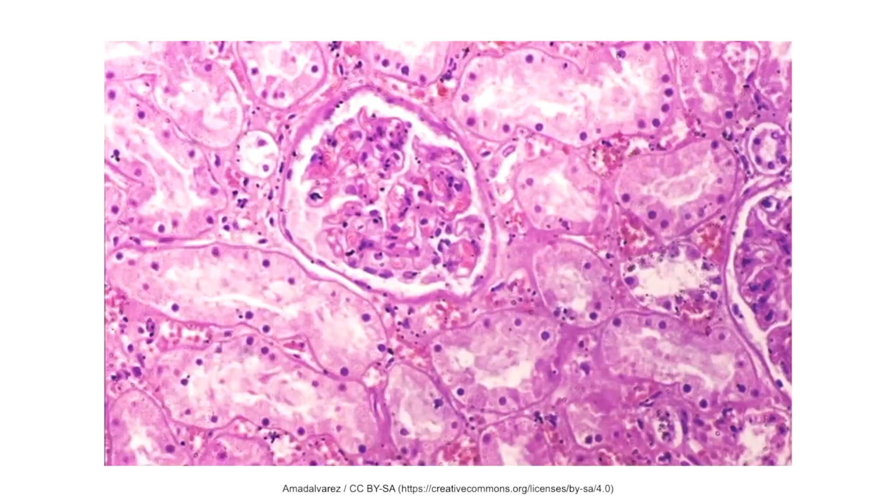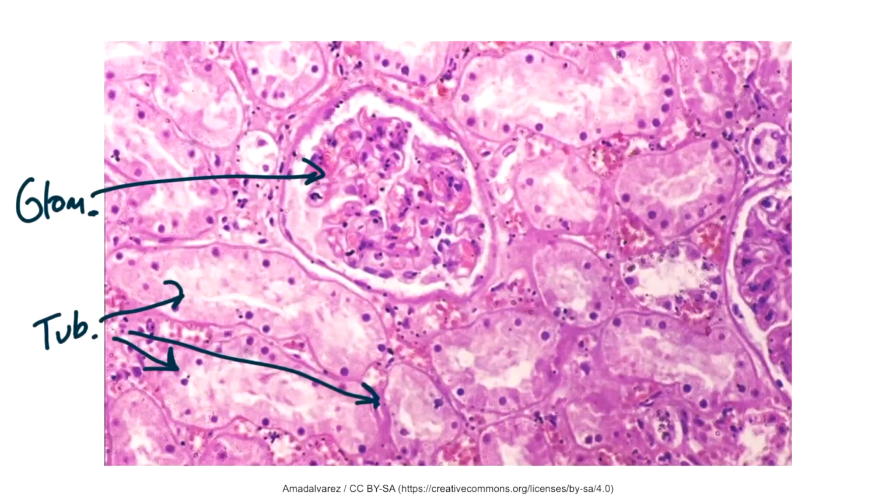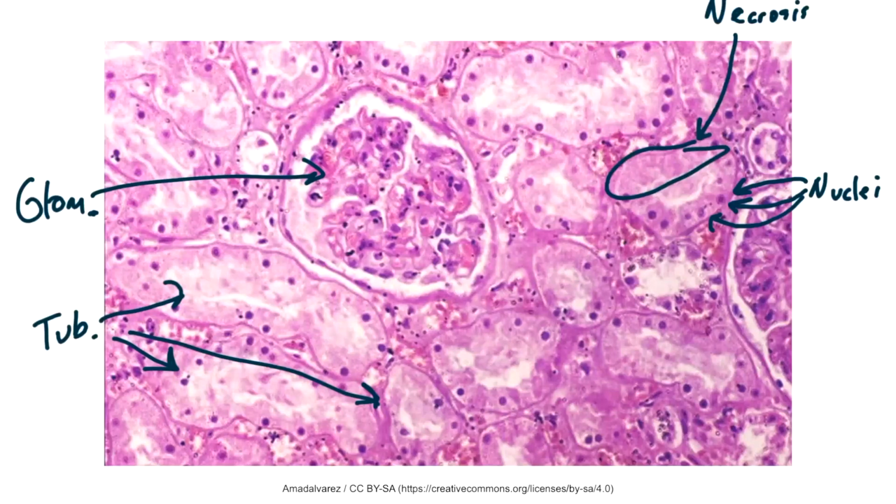This image demonstrates acute tubular necrosis. You can see the glomerulus here and tubules here. There's actually many tubules throughout. You can identify a necrotic tubular cell as those that lack nuclei, and you can see some nuclei here. However, many of the tubular cells lack nuclei, indicating necrosis, and these necrotic cells will slough off and enter the lumen of the tubule, as you can see here, and then they form a cast, which can then be seen